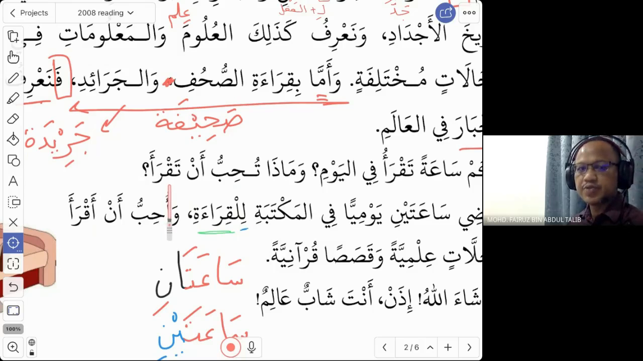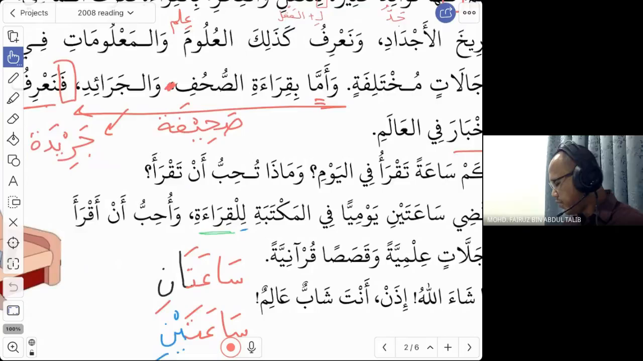But of course, since you want to change it to "I", ana, you have to change to aqra. Uhibbu an aqra. That is how you say "I like to love." Sorry, "I like to read." No, "I love to read." Wa uhibbu an aqra